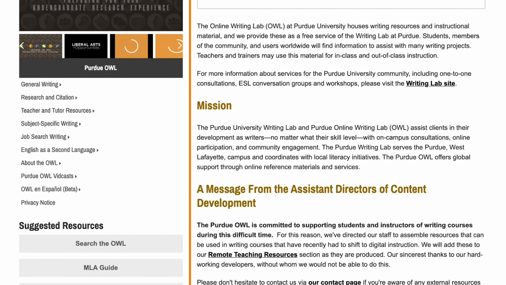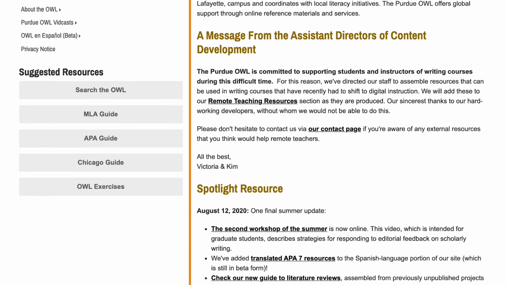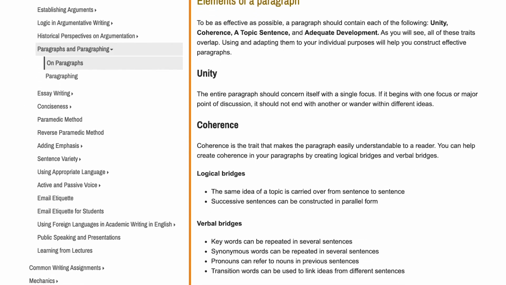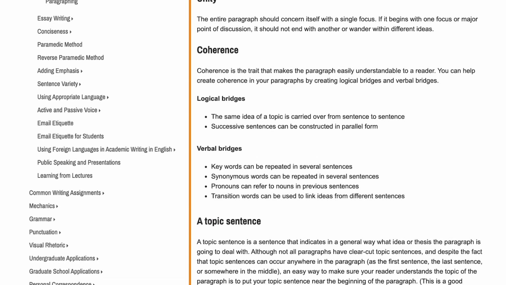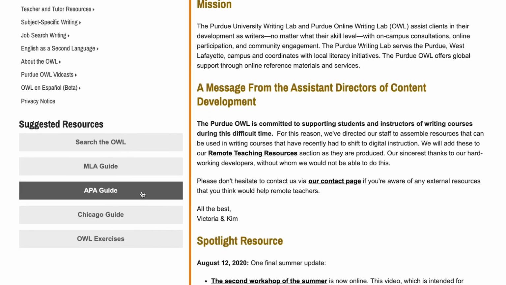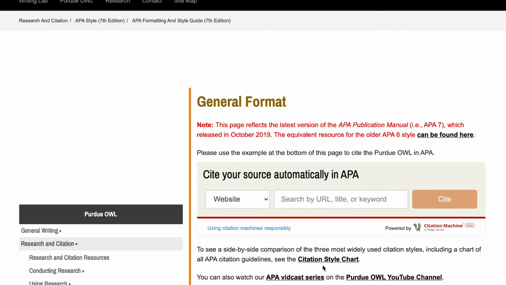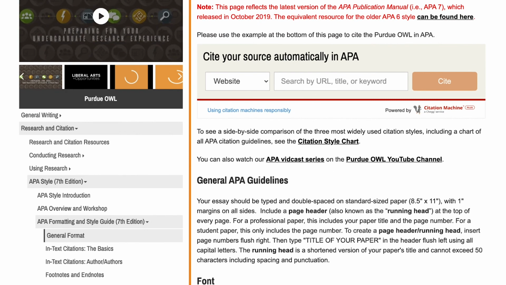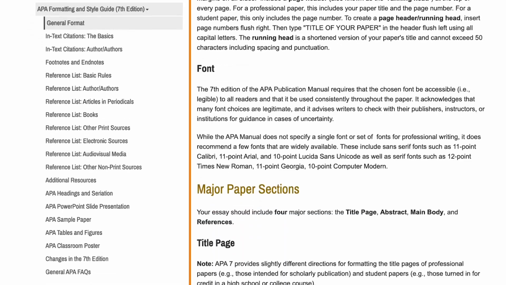On the website, they provide resources and instructional materials on a number of different style guides, including APA, all for free. Once you click on the APA Guide link and then the APA Formatting and Style Guide link, you can jump to whatever area you're having trouble with. Using these tips and tools, you'll be able to easily put together a professional report in APA style.